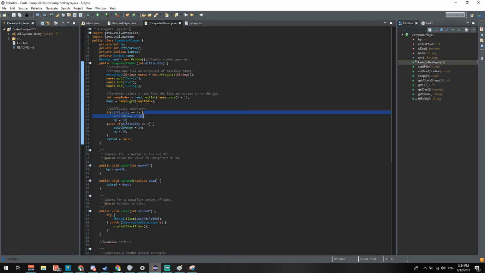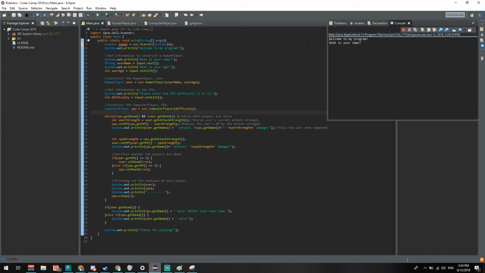So depending on, let's see, we'll run the main a couple times. And so if you can see, I'll write this in Carlos 18 and then difficulty like 2. And then it'll say that in this case, the name of the bot or the name of the CPU is Eve. And then if I run this again,